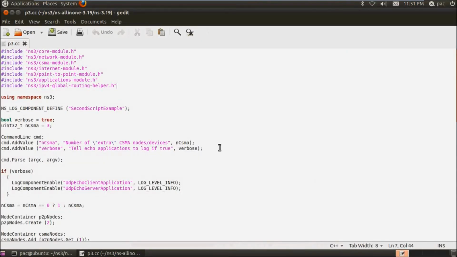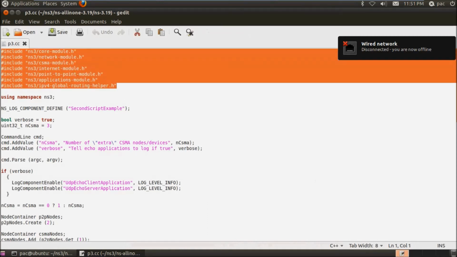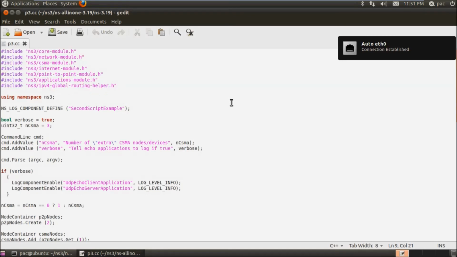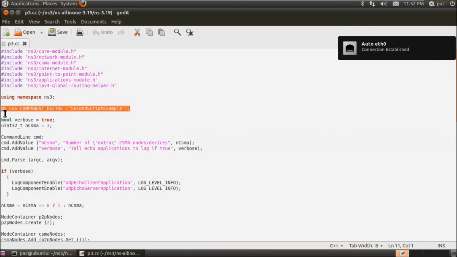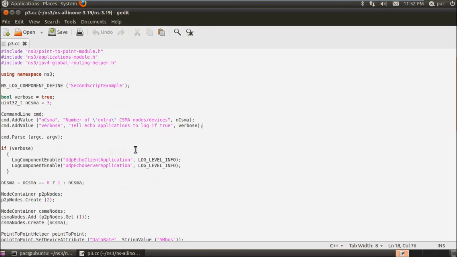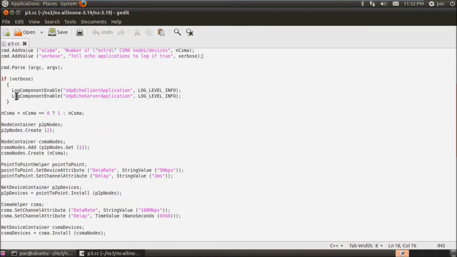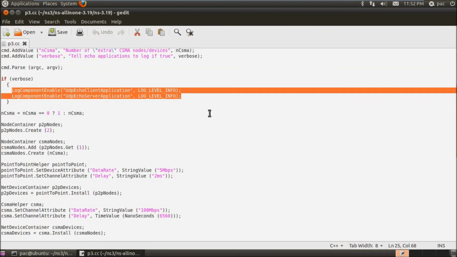This is the bus topology program. Here are the header files which are needed to run this program, and here we use a namespace variable, and here is the logging component in which we pass the parameters. These command line parameters are used for enabling and disabling this logging component, and also for changing the number of devices created. And then we declare two components, server and client here,